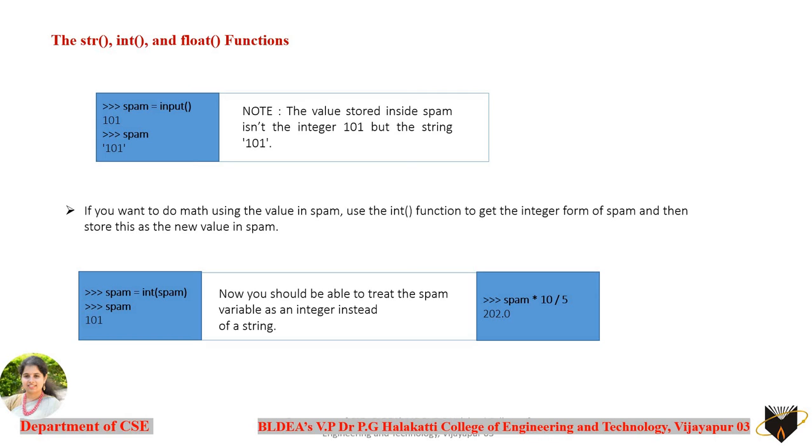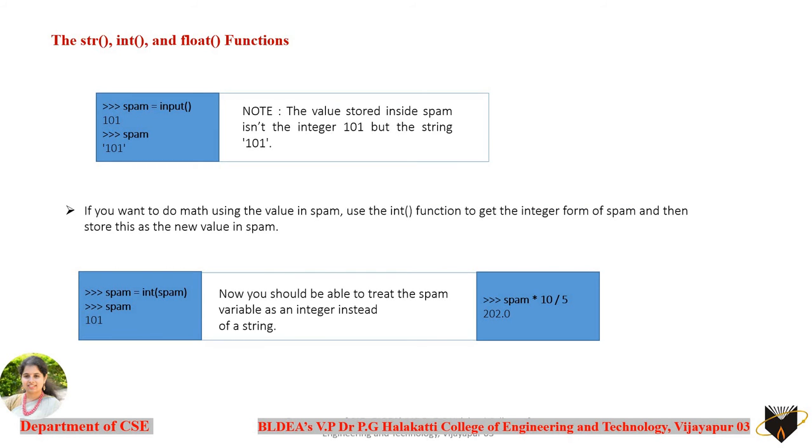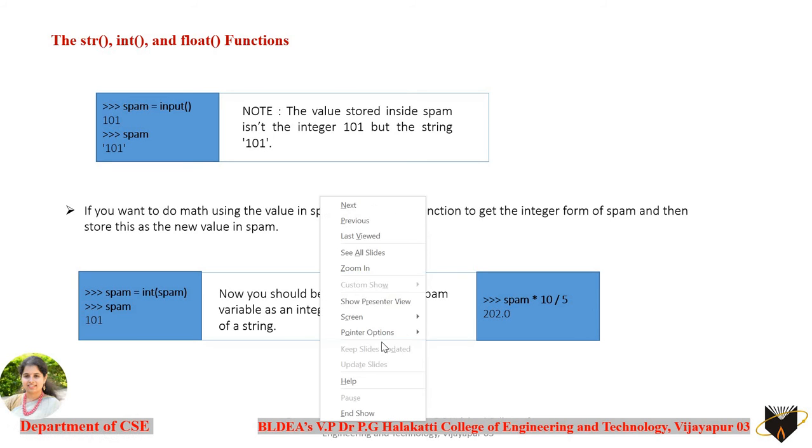So coming to a few more examples on the type conversion here. In this first example, the variable spam is taken with the input function, and the user enters the value 101. If you print that spam, as I told you, by default the value entered by the user is a string, even though the user assumes it is an integer. But as a programmer you should know that the value entered is a string here. So what if you want to do any mathematical operation on this string? That can be done by doing this type conversion. So let's directly discuss it with the execution itself.